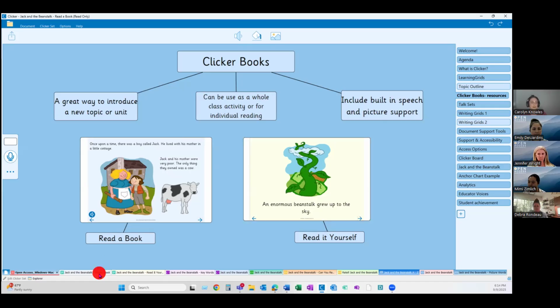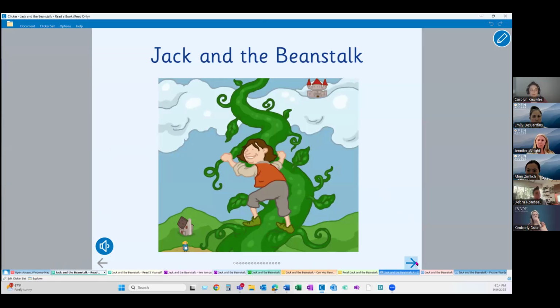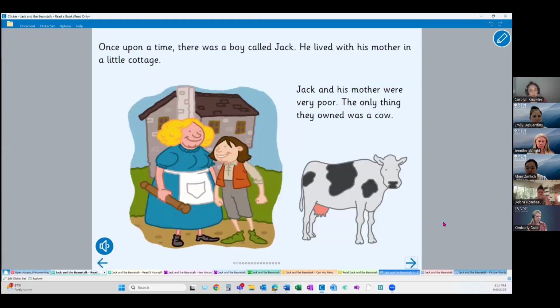So we're going to start in our Read a Book. And again, in Clicker, there's a slew of these activities within Jack and the Beanstalk for you to pick from. These are the books that were included. A Read a Book is always going to have arrows for us to navigate through, and it will generally always look something like this. There'll be pictures, maybe multiple pictures, and then sentences. Now, the amount of sentences will vary depending on the topic that you're reading about.